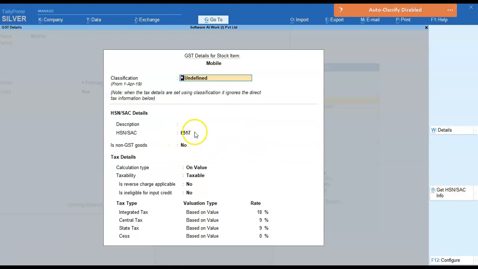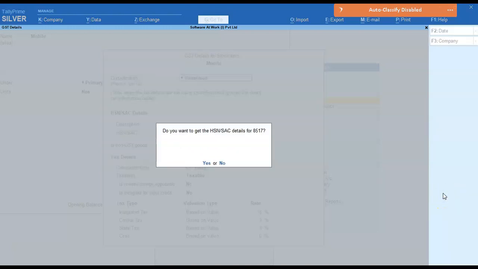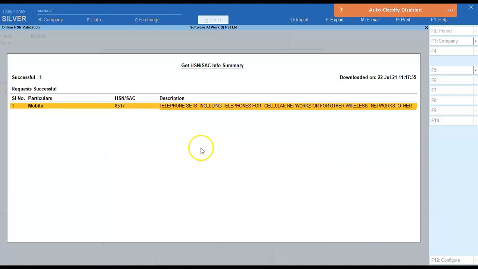To verify whether it's correct or not, I will click on the Get HSN Info button and make it yes. Here it gives me the description from the portal: telephone sets including telephones. So this is the correct information I get from the portal, and I also get the time and date at which I imported it.